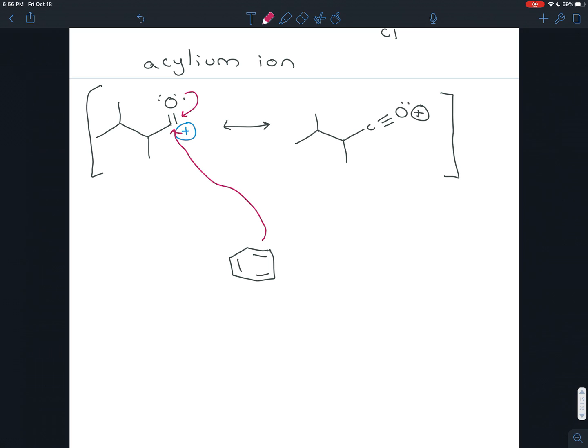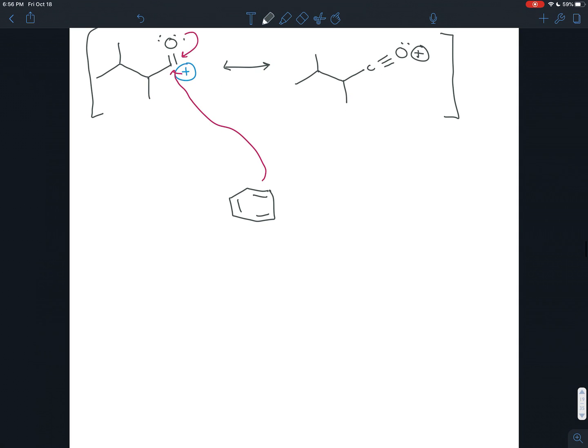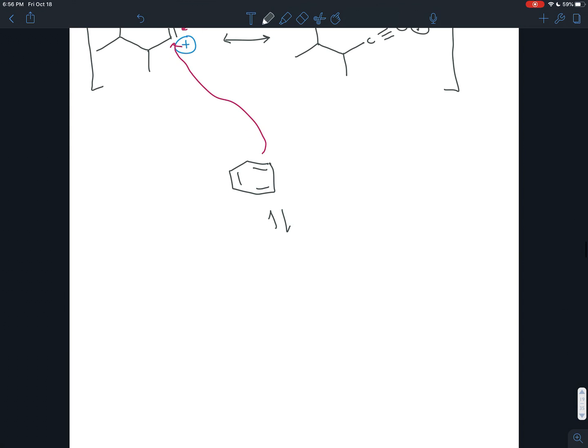This is a primary carbon. That carbon is only bonded to one other carbon, and right next door to it would be a tertiary carbon. So if this were Friedel-Crafts alkylation, the carbocation would move over, and the benzene ring would attack here. But because it's Friedel-Crafts acylation, it stays where it is. It's stabilized by the resonance of the acylium ion, and you end up getting attack at the very end of the primary carbon. So once you get that attack, you have this